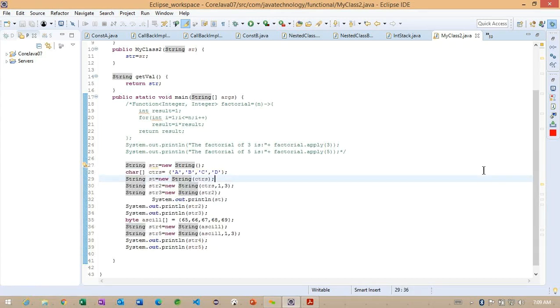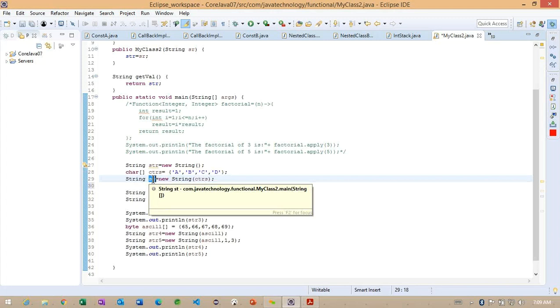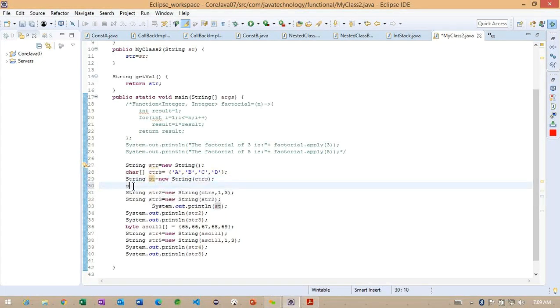And the simple one here, if you observe, I'm creating one object here, st. Using this particular st, now we are having one method called length. What exactly are we going to do here? Using this length, we are going to identify how many characters are available inside this particular string object.